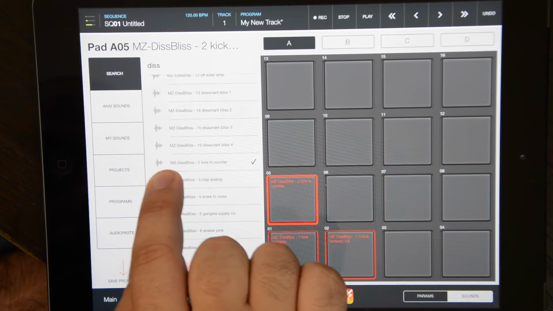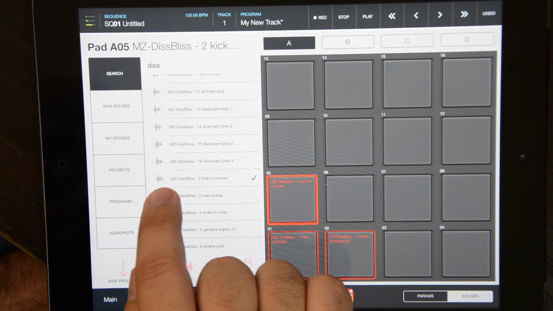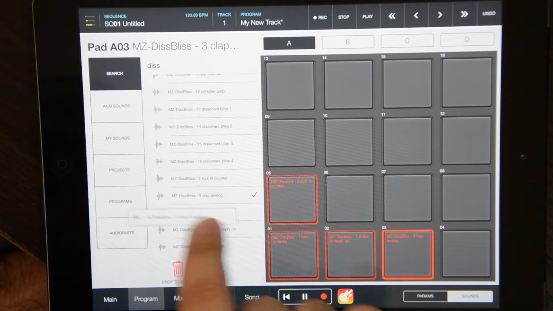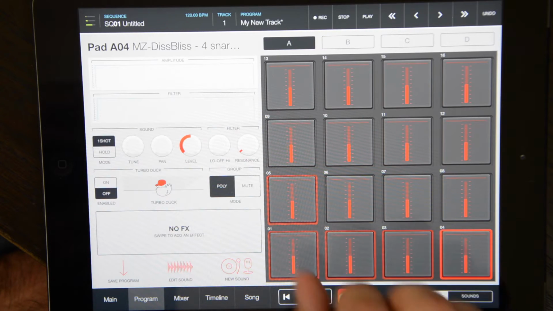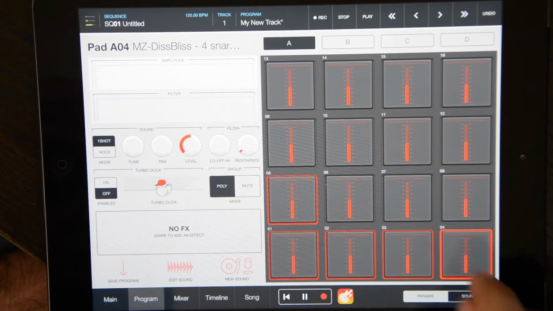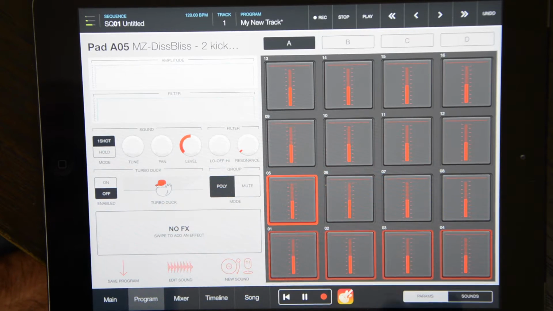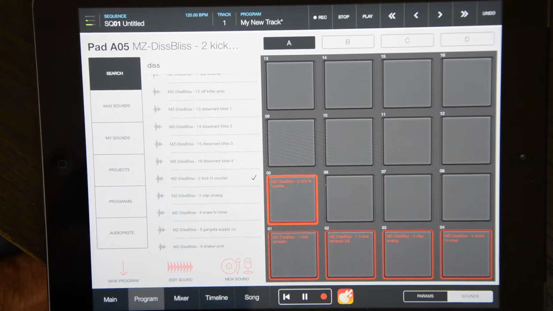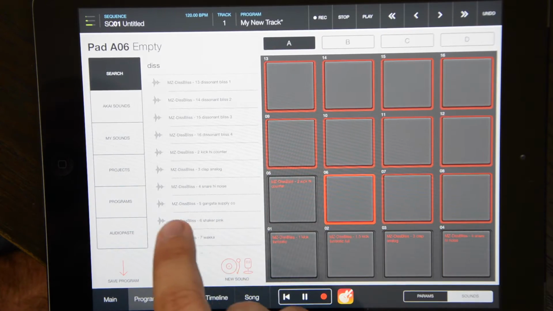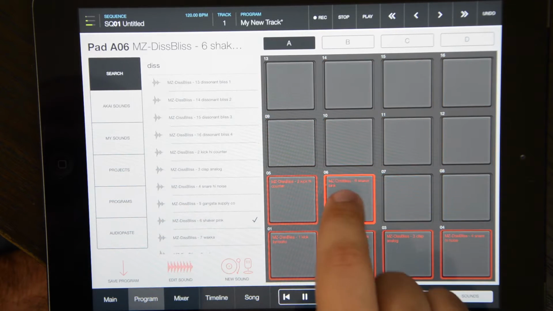Clap analog. Okay, so I'll put clap analog right here in number 3, and then I'll put a high snare at number 4. That's really interesting. Okay, and then I want to put like a shaker here on number 6.